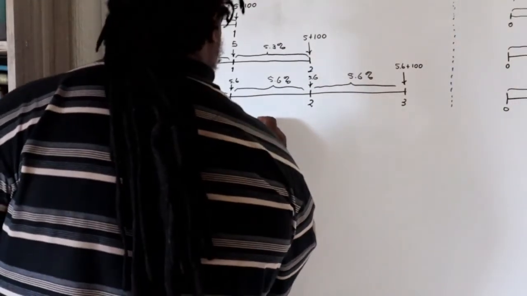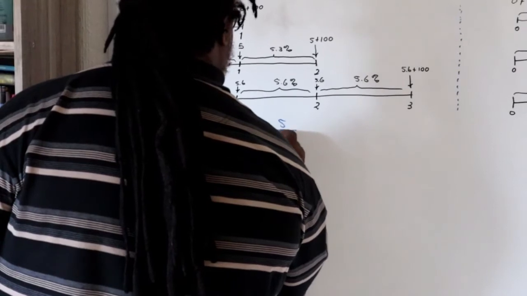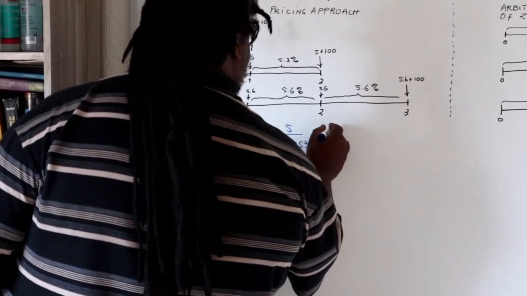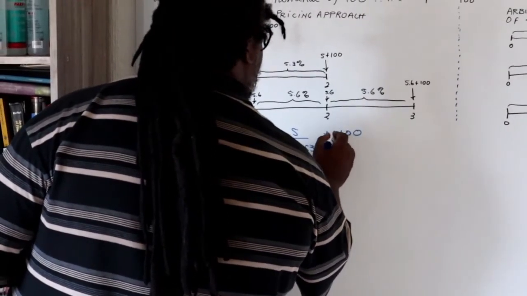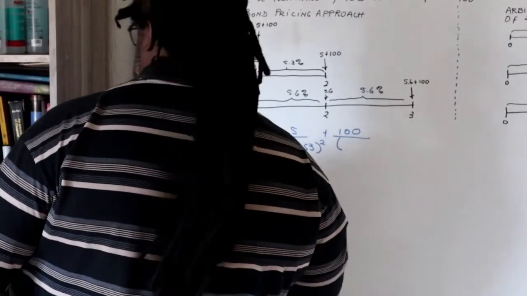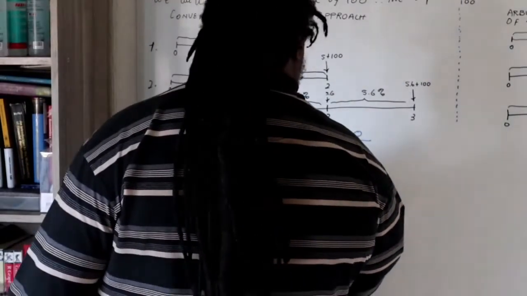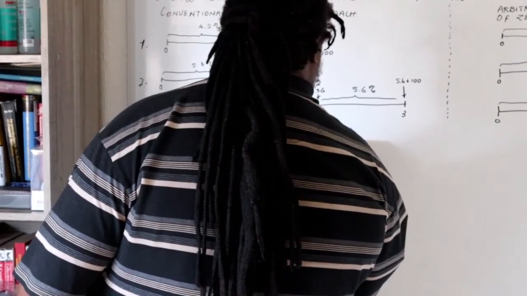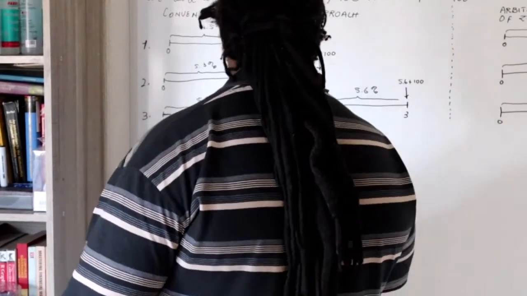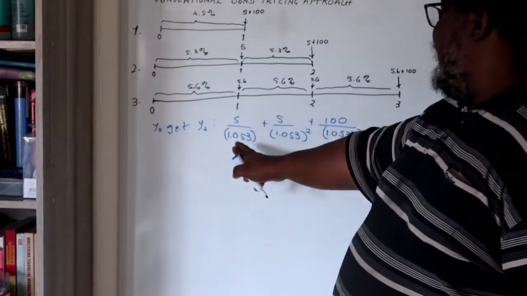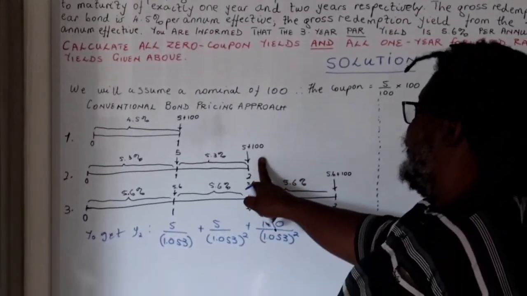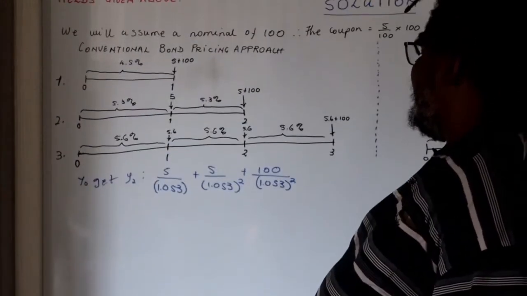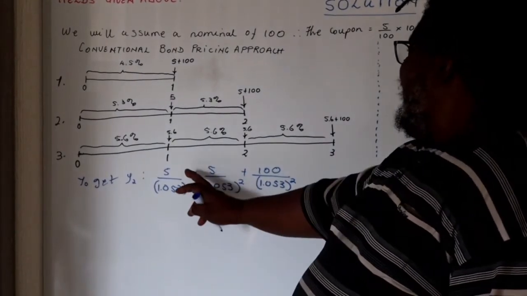And then for the second period, you have 5 discounted back by 1.053 plus your par value. This should be squared because it's the second period, and here you will also have 1.053 squared. So in other words, this is your net present value calculation for bond 2, where we are using the flat yield rate of 5.3%,